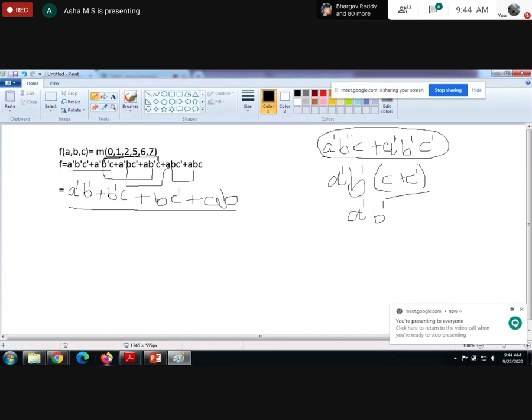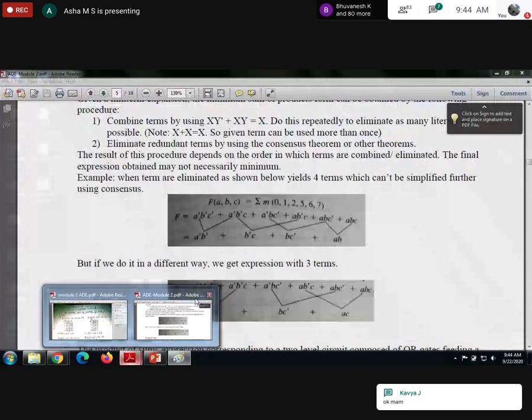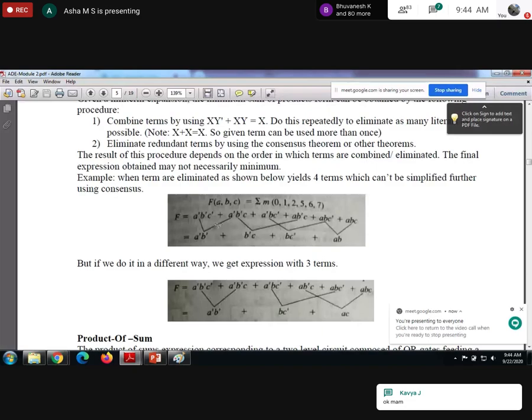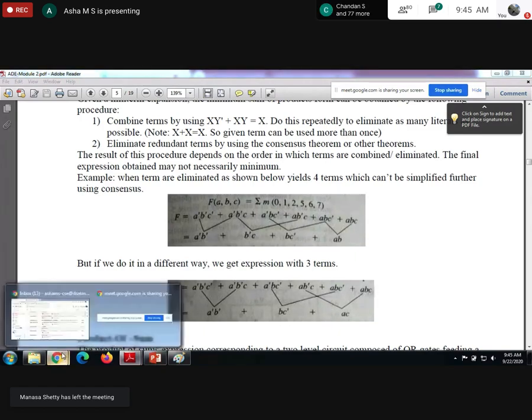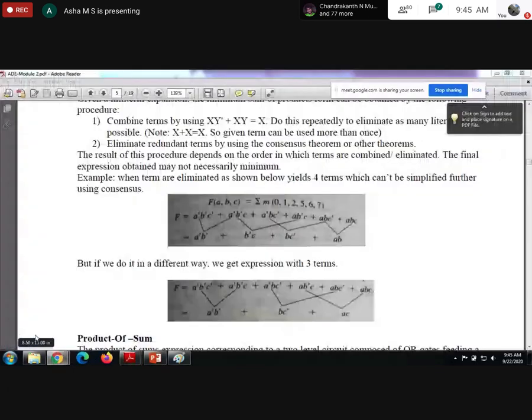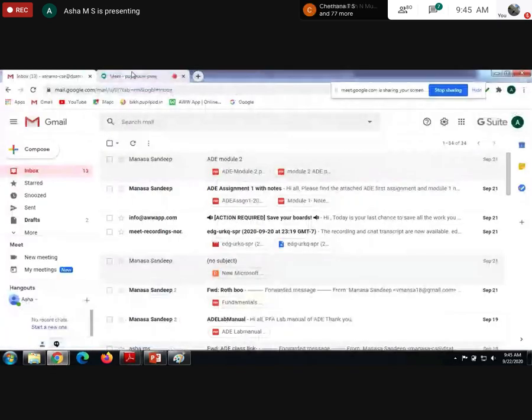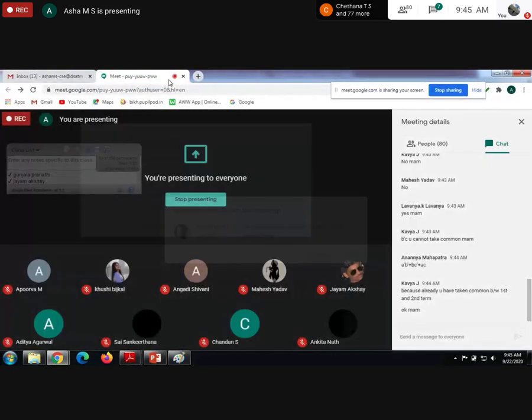If you want to verify with your textbook answer, see, you can take terms more than once. Here we are not going to apply perfect mathematical procedure like how we do in maths. Wherever the terms can be minimized, we can do it by taking them more than once also. Our intention is just minimizing the expression, even though it is more than once, we can do it. Is it clear? Okay.